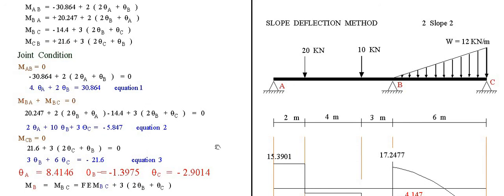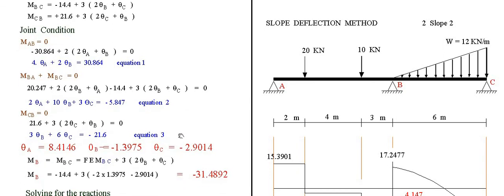We have the 3 equations because there is a slope at A. The beam will deflect, going down here, then going up, then going down. There is a slope at A, there is a slope at B, and there is a slope of the beam at C. So solving the 3 equations, we have